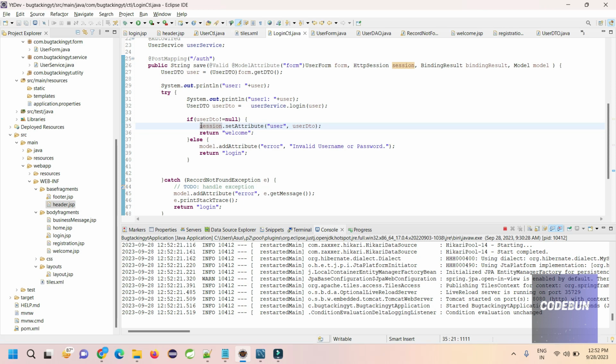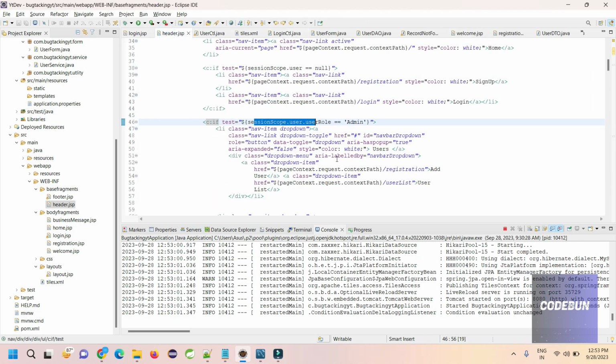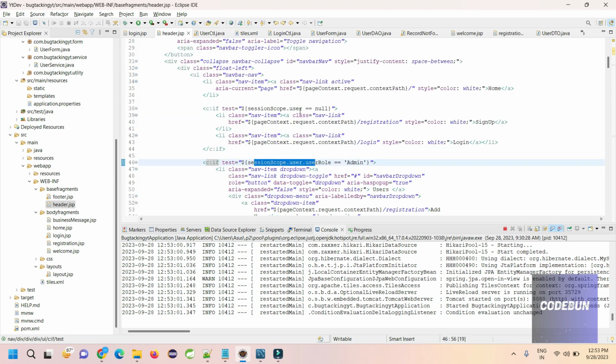Okay, just set the session and we can check the scope here with the name of user. Here into our register into the header section. Into the header section, we have if role is admin, then it will display here. If nothing is there, so we are keeping a condition here. If session scope dot user equals to null, then it will show sign up login. And if there is a user role is admin,